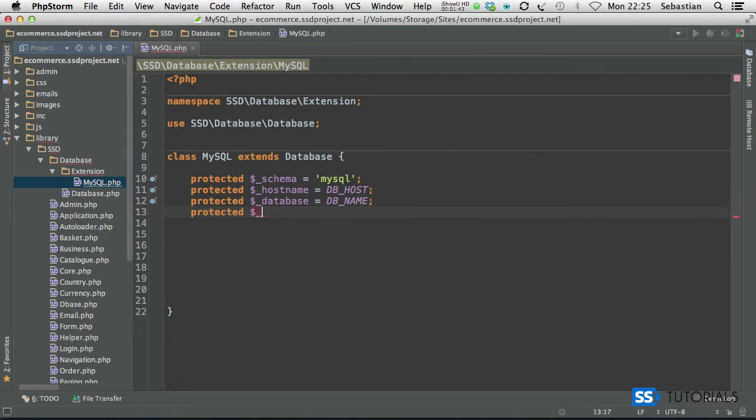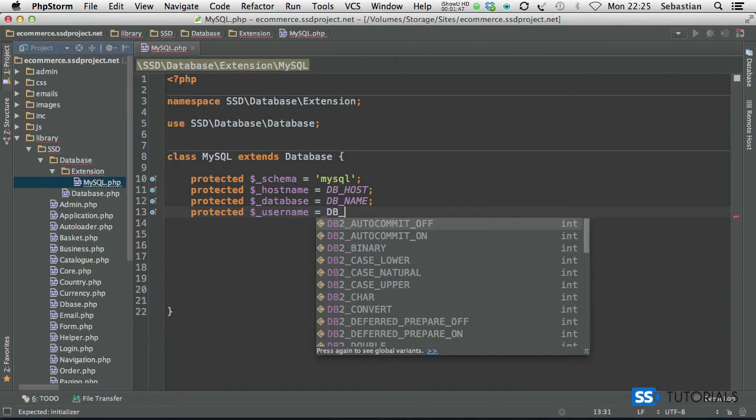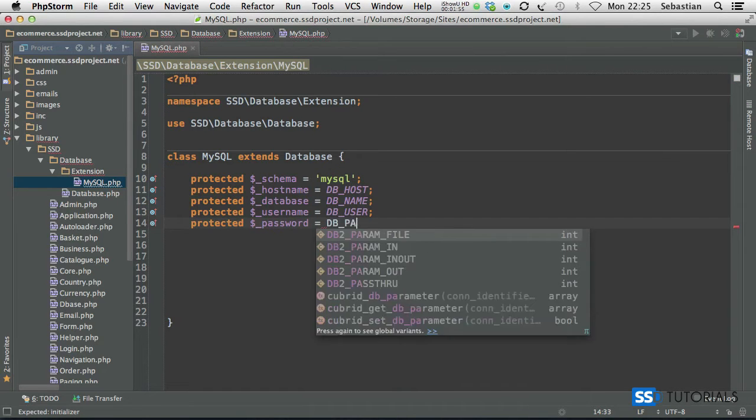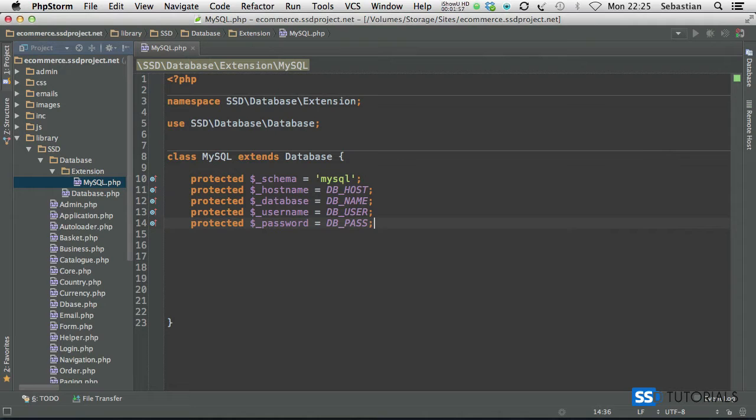Protected username equals db user, and then protected password db pass. So now that we've specified the connection credentials for our database, we can create the constructor for